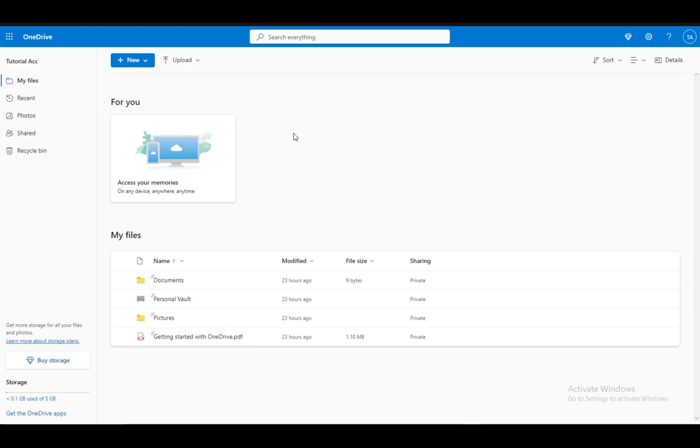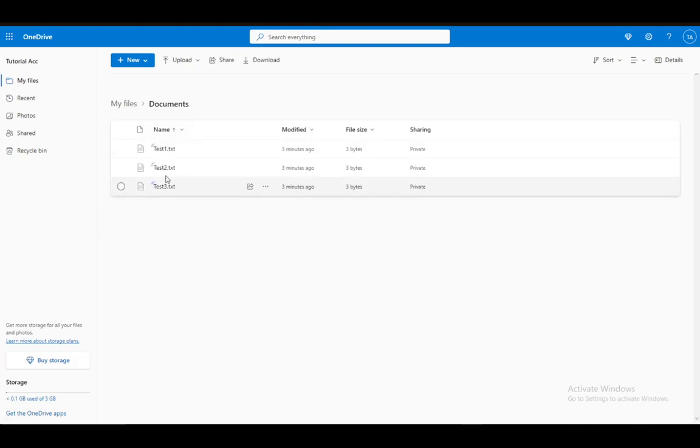You can also sync a OneDrive up with your computer so that your files will be saved right here on your OneDrive account. And of course, you can pay to get more storage. As you can see, the maximum for free users is 5 gigabytes, but none of that matters for this particular tutorial. Now, as you can see, I have less than 0.1 gigabytes, and what that is basically in the Documents